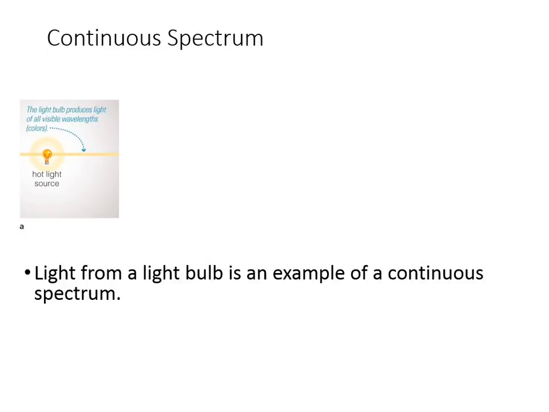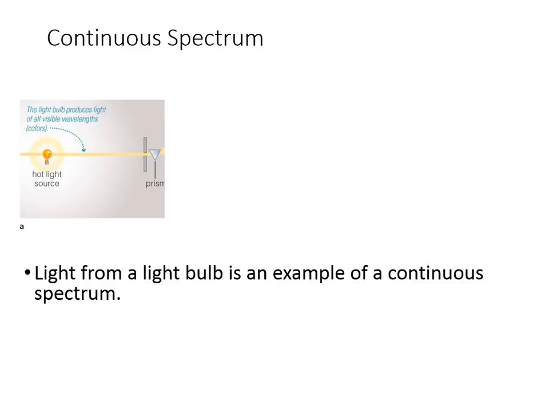Okay, so we have continuous spectrum, emission spectrum, and absorption spectrum. Continuous spectrum looks like this. We have a source, and where that light bulb is, we're going to switch that out and make it a star at some point. But for now it's a light bulb. The light bulb gives us white light. We take a small piece of it, using a slit,